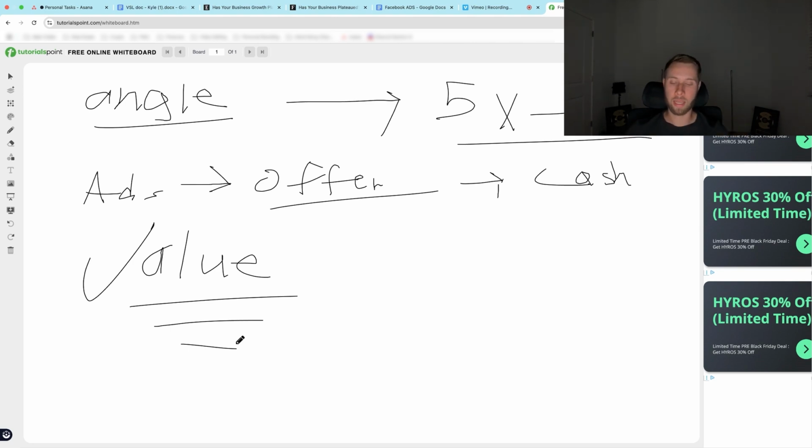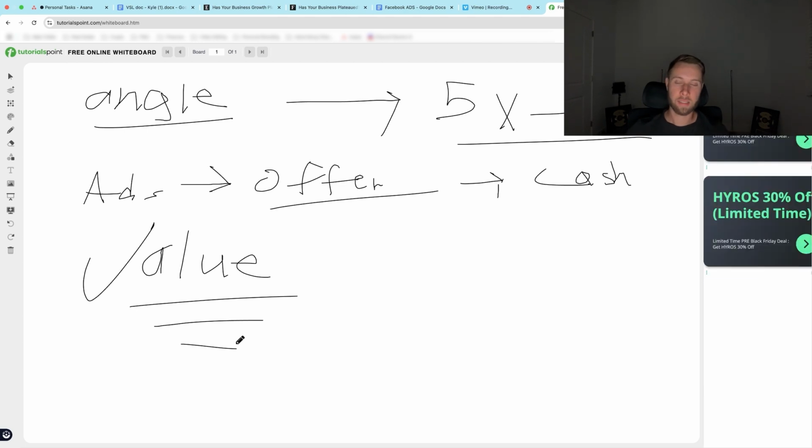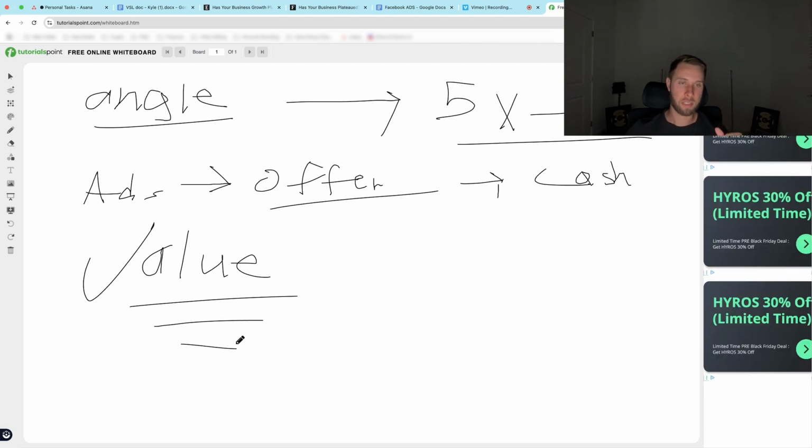So you're telling them I can do something in a flat amount of time, this fast, and then you're going to explain exactly the process of doing it in a better way than the competitors are doing it. And that's how you're going to create your value proposition to scale.